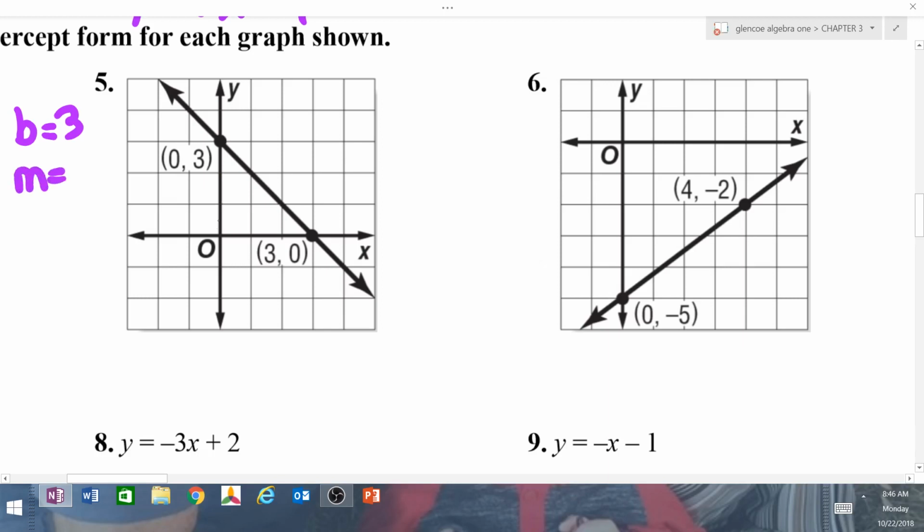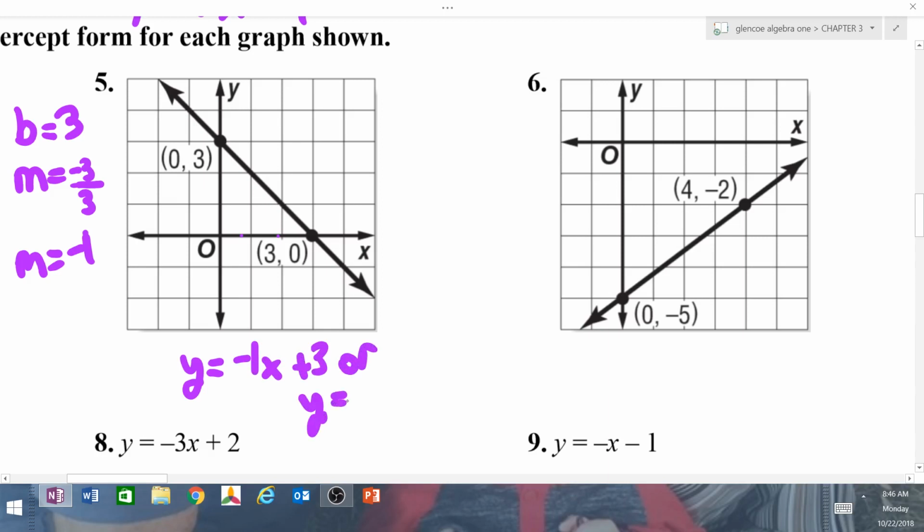What's my slope? Down 1, 2, 3, and over 1, 2, 3. So it's down 3 and over 3. Good job. My slope is -1. Why don't you tell me what the equation is? Y equals -1x plus 3. Y equals -1x plus 3. Or y equals negative x plus 3. Are y'all with me? Now, the only difference between this and direct variation is, so you have your handouts on